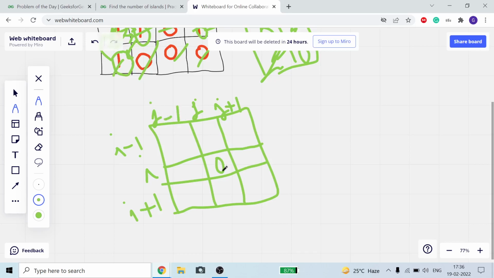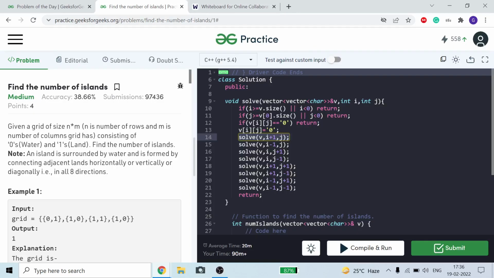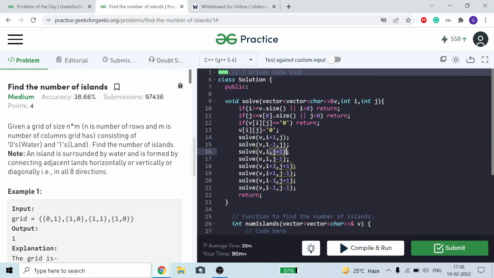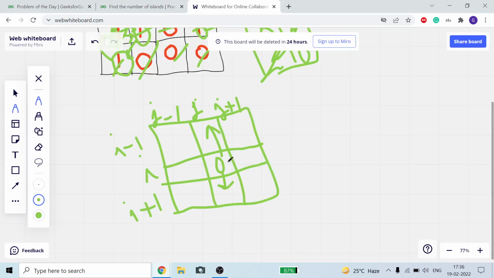So from this we go to i plus 1, then i minus 1, that is our second call, our third call to j plus 1, and fourth call to j minus 1. Okay, to j plus 1, j minus 1.